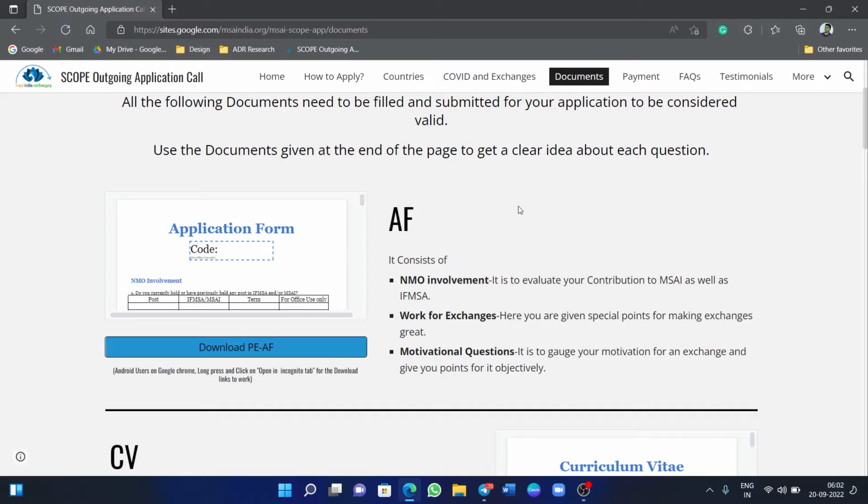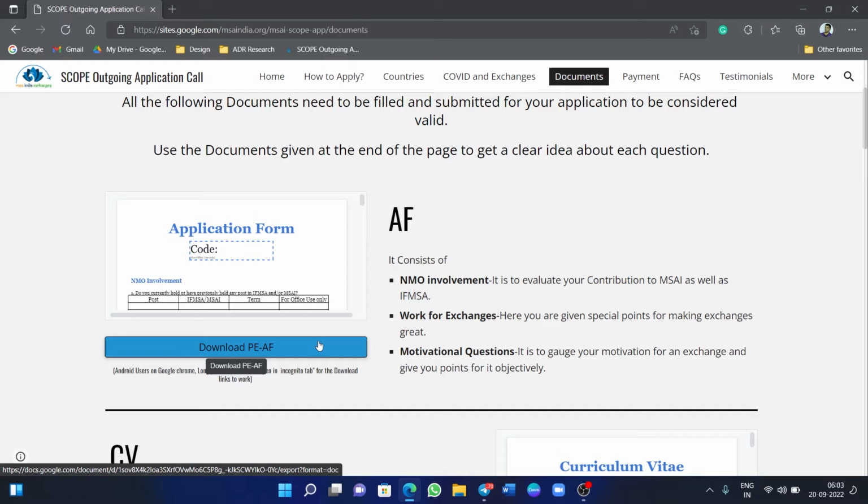You should necessarily download the form and then edit it for yourself. Preferably don't click on this, by which it will open it in Google Docs. So you have to download the form as I've told, and if it is getting opened in Google Docs, what you have to do is make